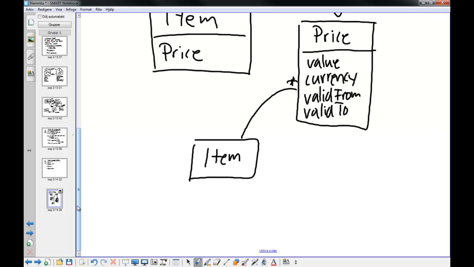What should you do if you don't know? Google it. Yeah, maybe. You should go to your domain experts and ask them, because you have found something that is not clearly stated in the requirements. So if you assume something here,